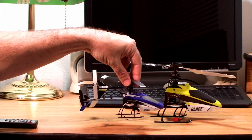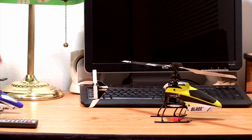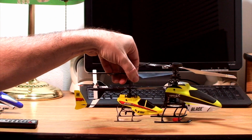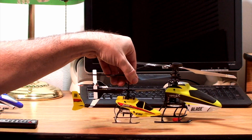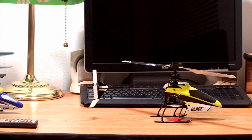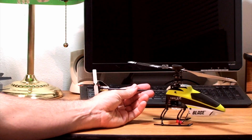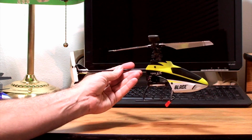You can fly this outdoors if it's a fairly calm day. The MCX, not so much. I mean, even the slightest amount of breeze, the lightest breeze will just kick this thing around. So anyway, this is the bigger version of the Blade MSR. And so as such,